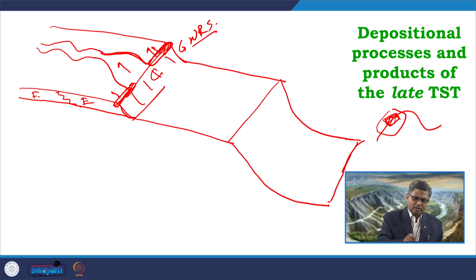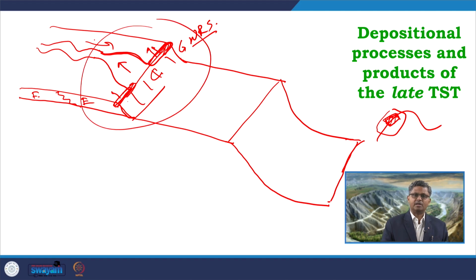So, the majority of the sediments which are coming from this direction through the fluvial system are getting trapped over here. They are getting trapped within the estuary, within the fluvial systems which are aggregating and onlapping, and in the backstepping beach system. So, a very low amount of sediment may be available and they may get supplied by this wave refinement process.